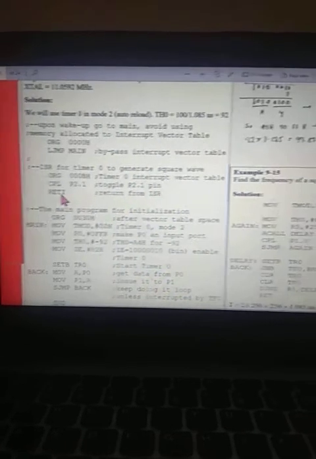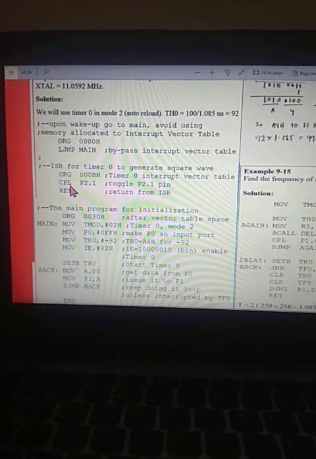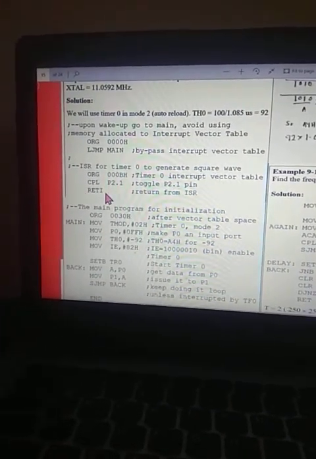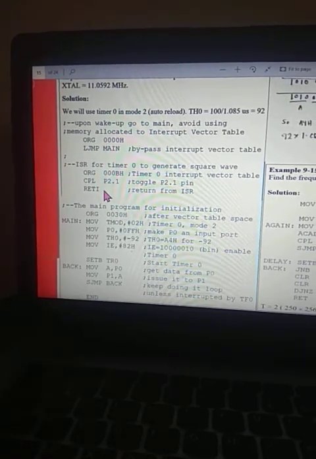Once you put RETI, the microcontroller will think that this particular interrupt is over. That means if any other interrupt is in line or in queue, the microcontroller will give attention to that interrupt. But if you put RET in this interrupt subroutine, the microcontroller will think that this interrupt is not over.